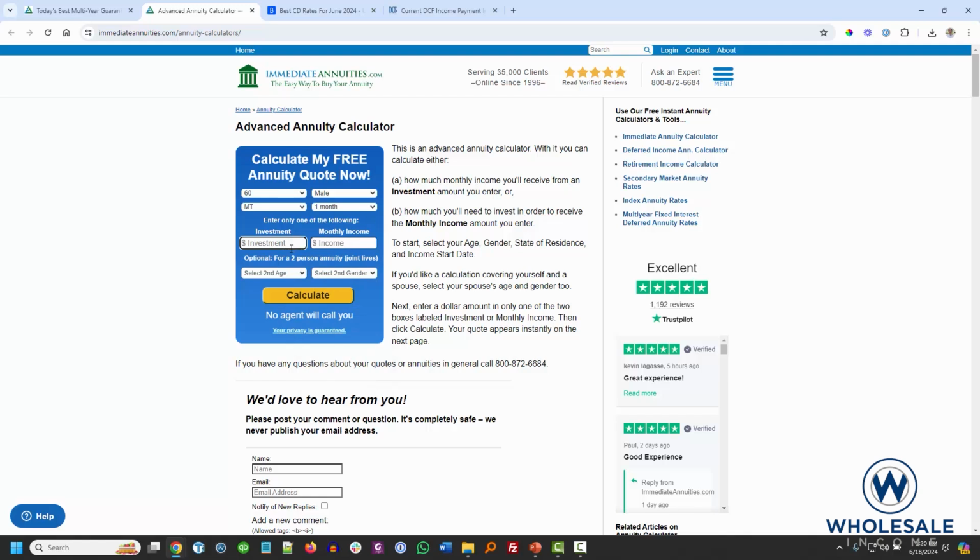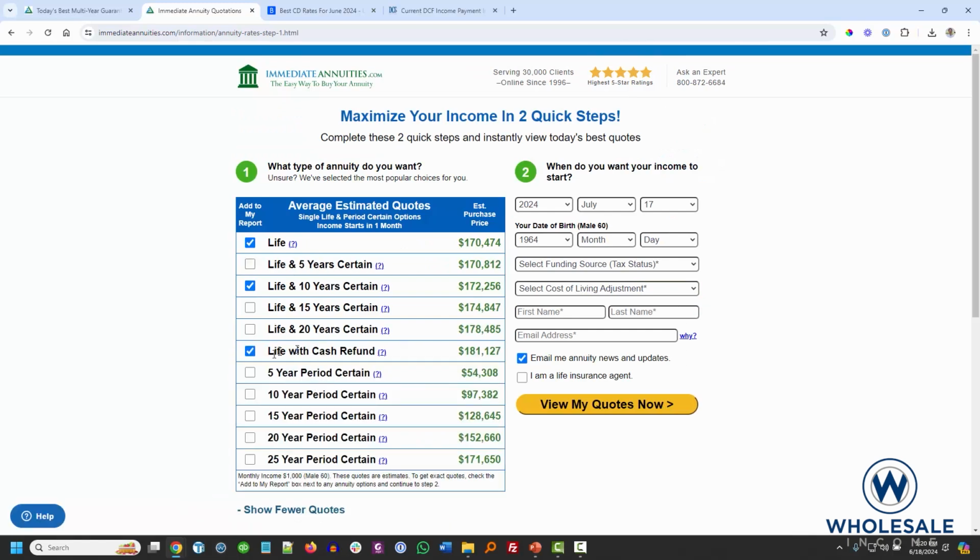Let's look at monthly income of $1,000 a month, and we're going to look at more annuity quotes because we want to look at the 20-year period certain. So $1,000 a month for a 60-year-old male in Montana, $152,660